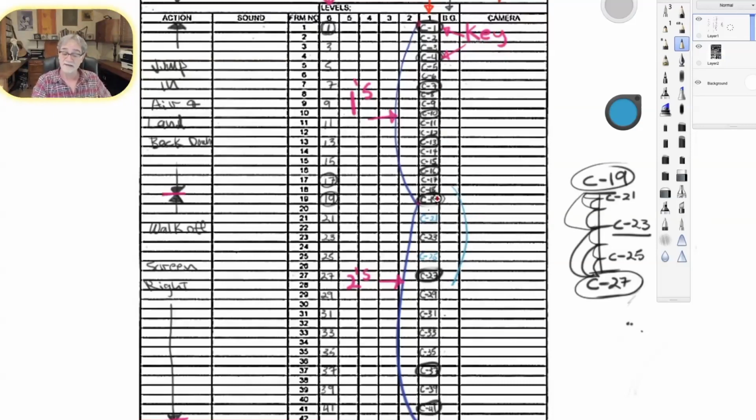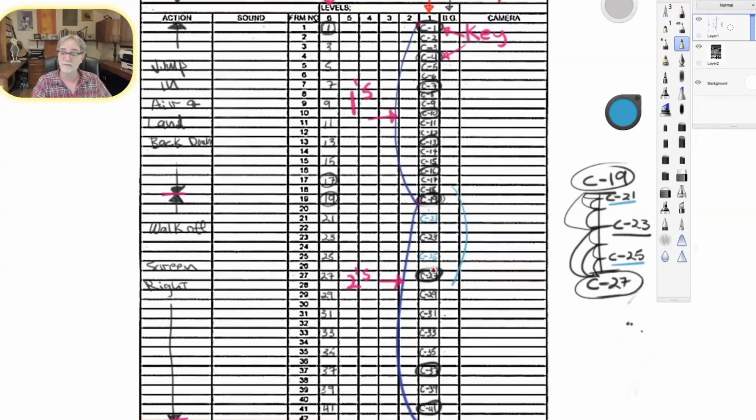And I did do C19, C23, C27. I left C21 and 25 to the assistant, and I put it in blue just to let them know that's what's got to be done.